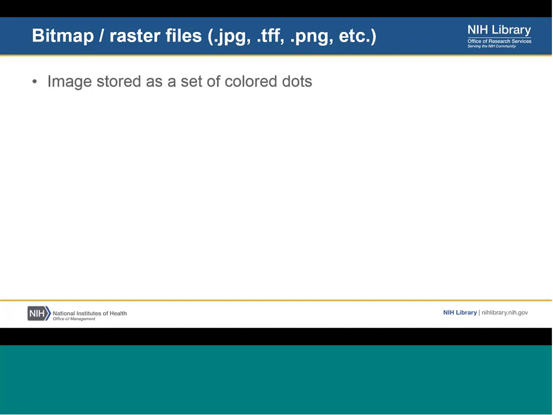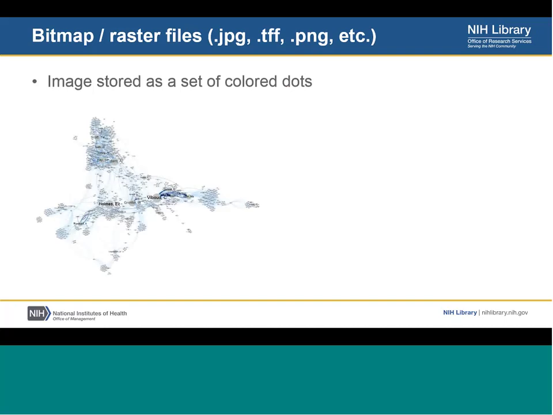The advantage to this approach is that when you're zoomed out quite a lot, the human eye can't distinguish between individual dots, and so it blurs those dots together in order to create an image from those dots. So rather than storing the image directly, it stores it as a series of dots, where the human eye then blends them together in order to make an image. When you're looking at an image from far away, like we're seeing here, it looks great because the human eye is blending all of those dots together. The other advantage to this approach is it makes it a much smaller file size to actually be able to store this.